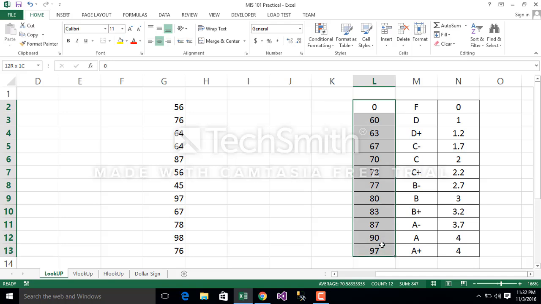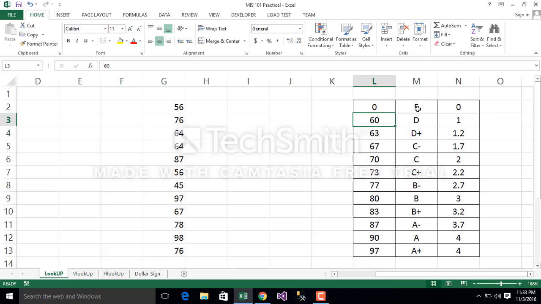This is a vector, that is the lookup vector, and first you have to make a table. But one thing is very important, that you have to make the table like this one, from small number to big number: from 0, then 60, then 63, then 67. As you know, it's grade point like this: 70 to 73, 77 to 80, 80 to 83. And just see, 0 up to 60 means